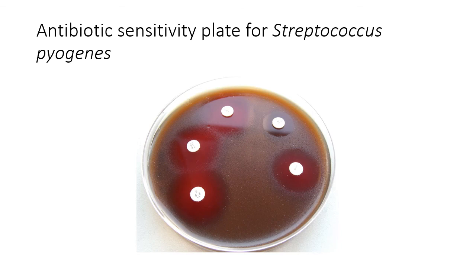Now, you are already familiar that Streptococcus pyogenes retains susceptibility to penicillin. So we may or may not do susceptibility testing for all patients, but this is the way it is done. The plate is also blood agar because it is fastidious, and you do a lawn culture as you can see over here, place the disc and incubate it, and the next day you will see that all of them are susceptible.